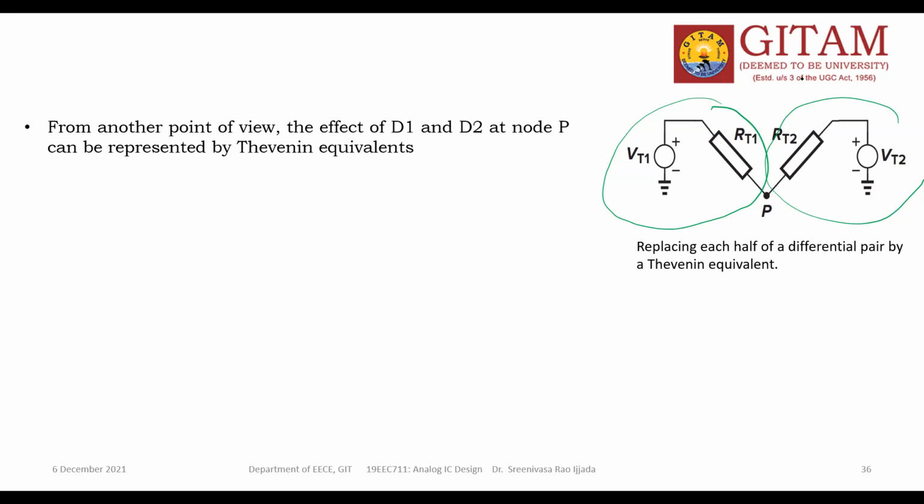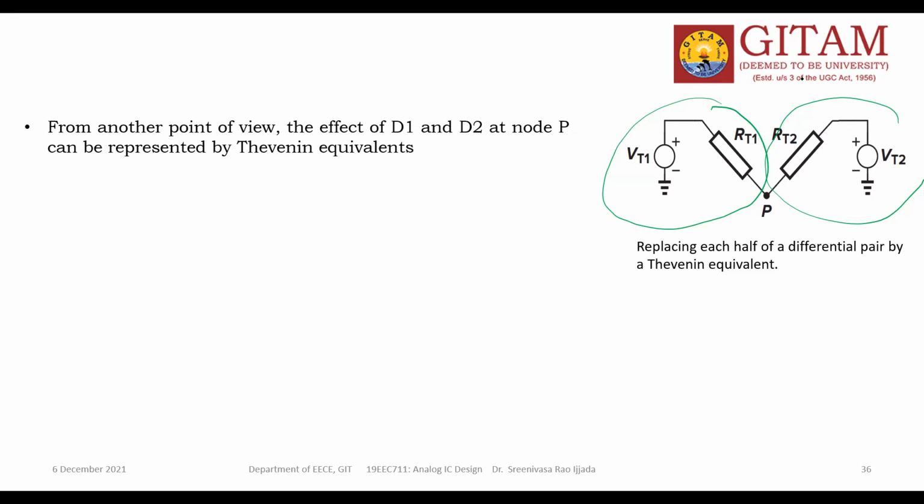Remaining sources are replaced by their internal impedances. Whatever the network size, the entire thing you can replace with a single voltage source in series with a single resistance. That is the Thevenin system. I don't bother about the number of voltage sources or resistances. My intention is to convert the entire circuit into a single voltage source with a single resistance.